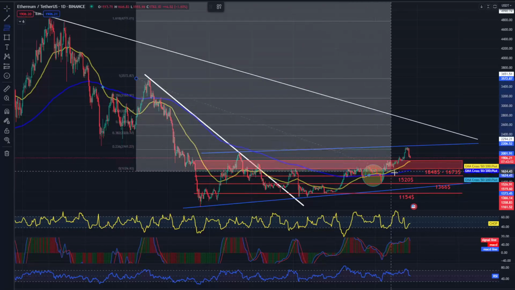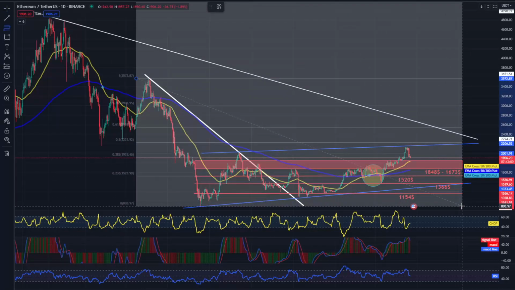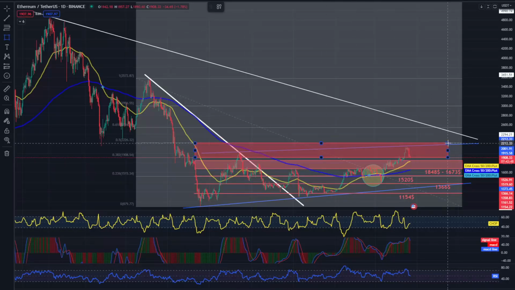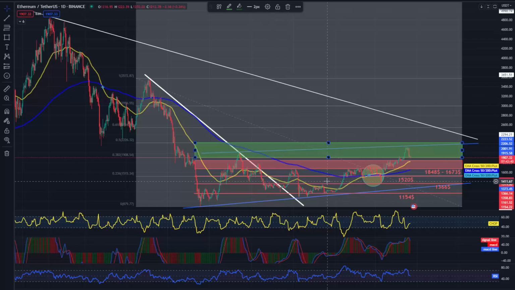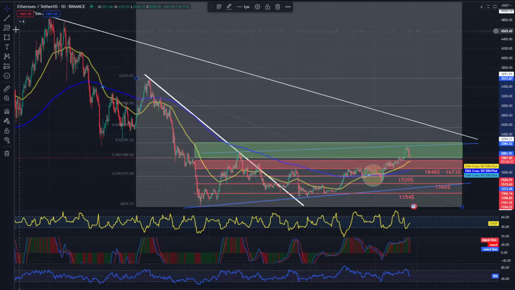Now, in the same way, using the fib retracement tool, we will check the places of resistance for the price if the situation reversed and the price started to rise. In the same way, in the first place, we can mark a very strong resistance zone from $1,916 to $2,224, which, as of now, the price has not had the strength to overcome, but when it succeeds, we will